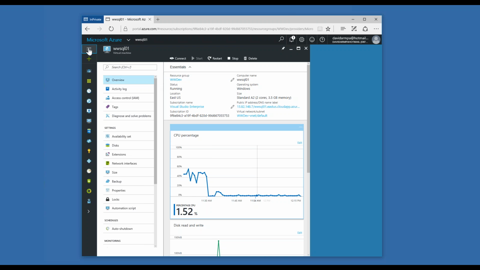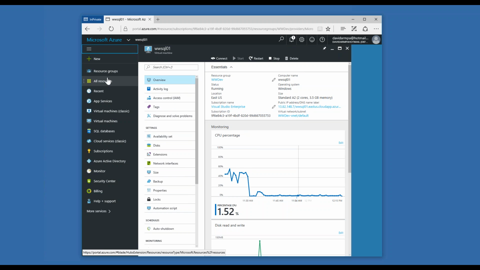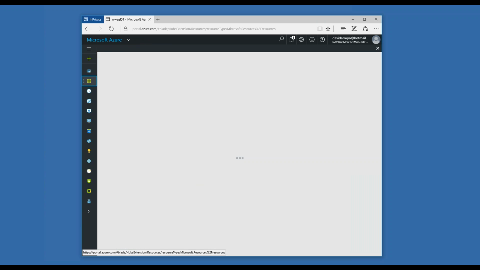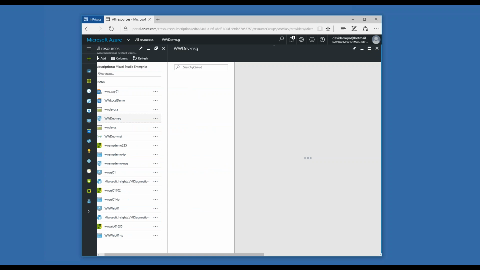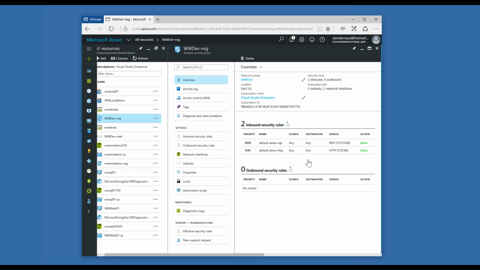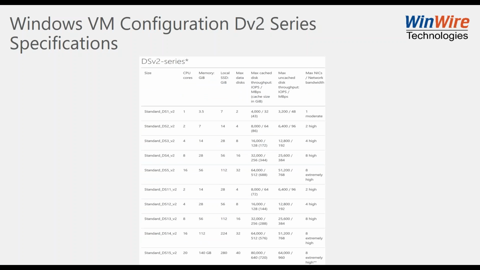Okay, and also inside of all resources, and we're going to talk about network security groups in a little bit, but one of the things I did inside of this network security group is I opened up HTTP on my web server, and I opened up port 3389. Without that in the network security group, you're not going to get into that. You don't have to open these up publicly, but in this case, I opened them up just so I could get into today's demo. Okay, so let me go back to the slide presentation.